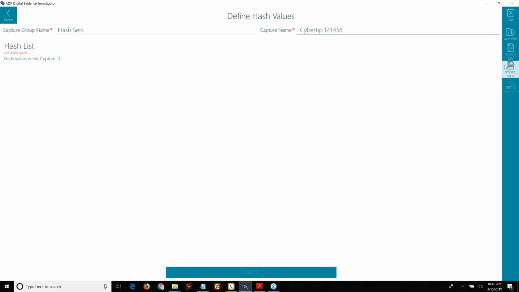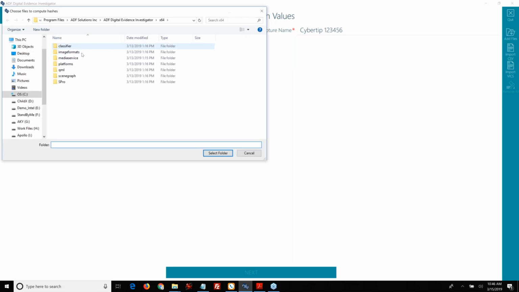A couple different ways to bring in your hashes. You have files that have been given to you, like from a cyber tip. They sent you some images that the person uploaded to their Gmail or uploaded to Tumblr or wherever. You can point it at that directory and it will hash those files for you. You're working IP theft and you have that PDF document and you want to hash that and see if maybe that's on there. Or you have some other files. You just click on add files, point it at the directory that has those